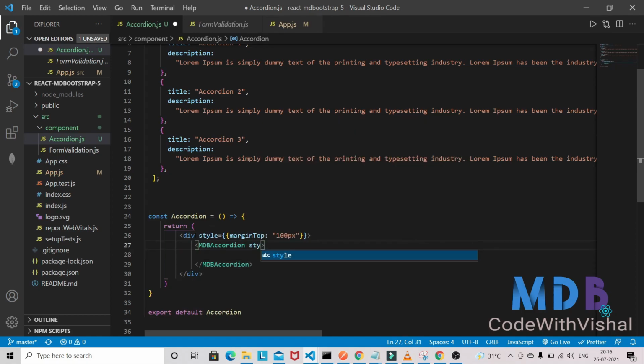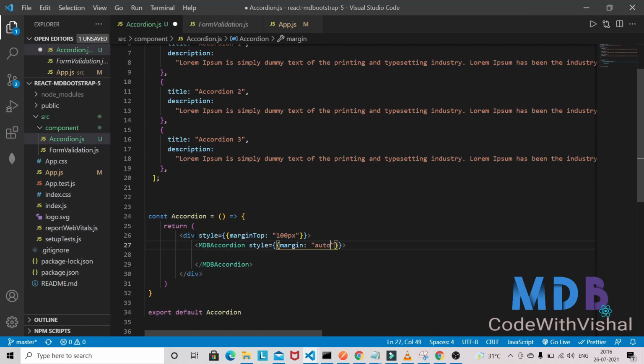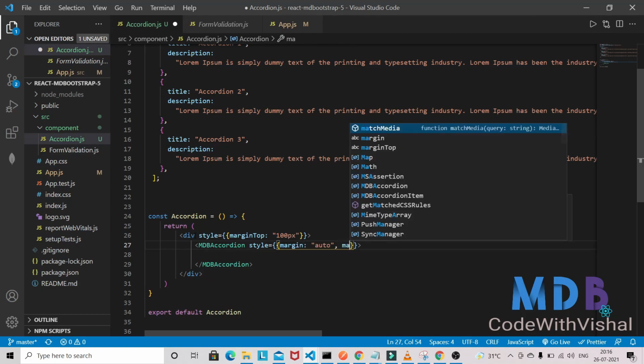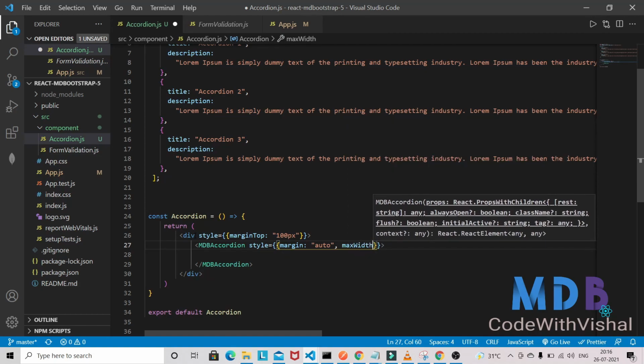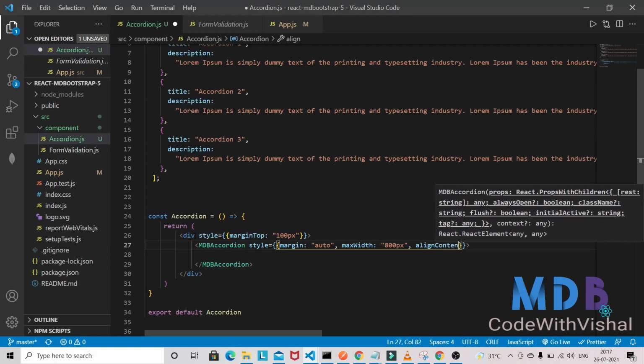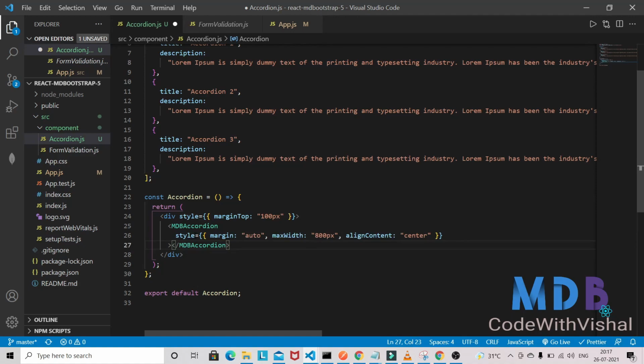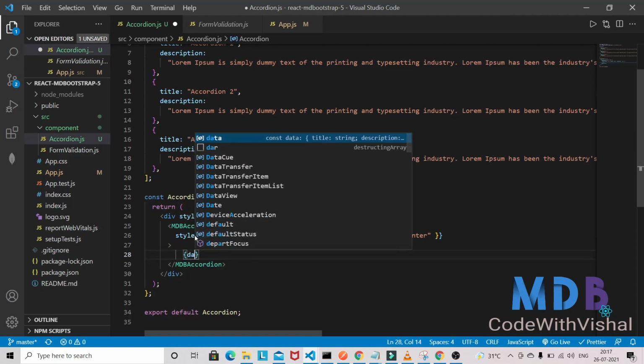and this will also have some style, and this will be like margin auto and max width 800 pixels, and we'll have margin auto, max width and align content center. So some of the styling I am giving from my end here,